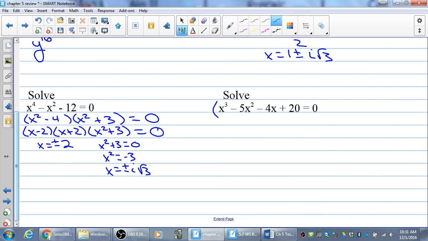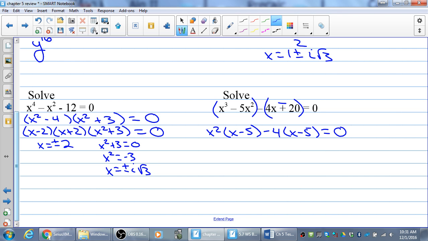This next one is 4 terms. When you have 4 terms, you group the first two, group the second two, but if there's a minus in the middle, you have to change that last sign. That's kind of the little extra rule. But we can take an x squared out of the first, and we can take a 4